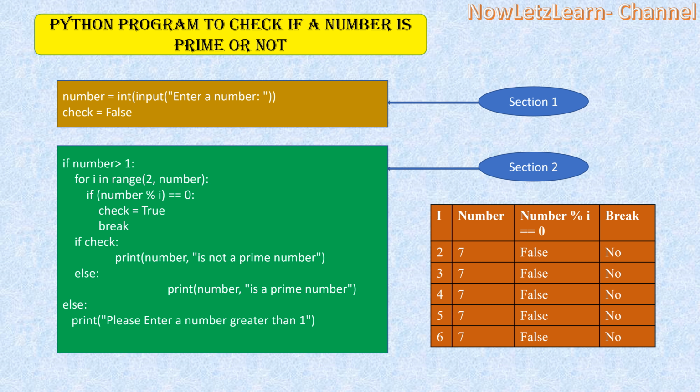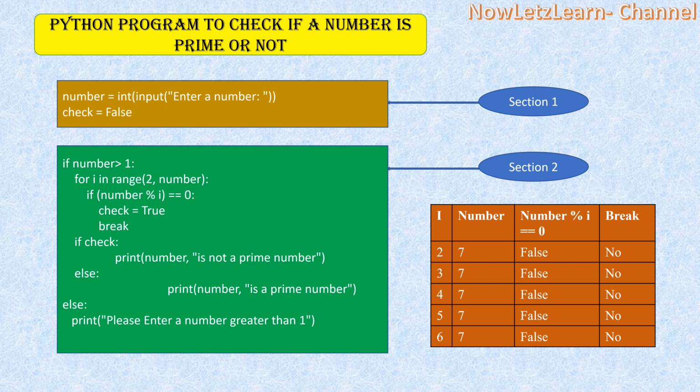Now let's say the user indeed enters the number 7. The first if condition matches, so it goes to line 2. There you have a for loop from 2 to number. In this case, the user has entered 7, so the for loop range is between 2 and 7. The value of i will iterate through 2, 3, 4, 5 and 6, and not 7, because the end number is always excluded in a for loop.